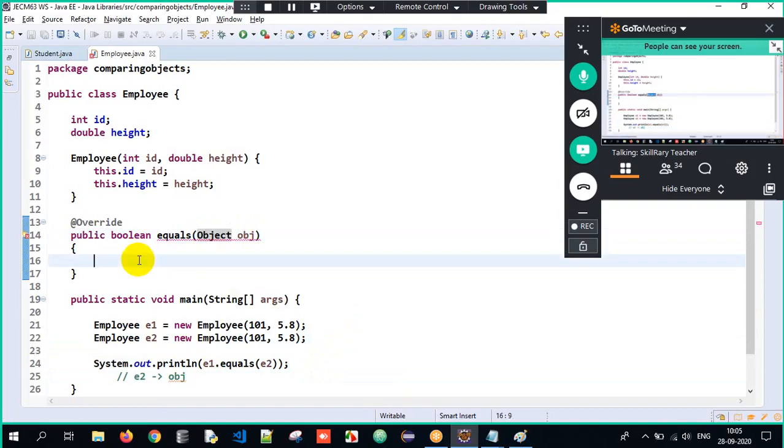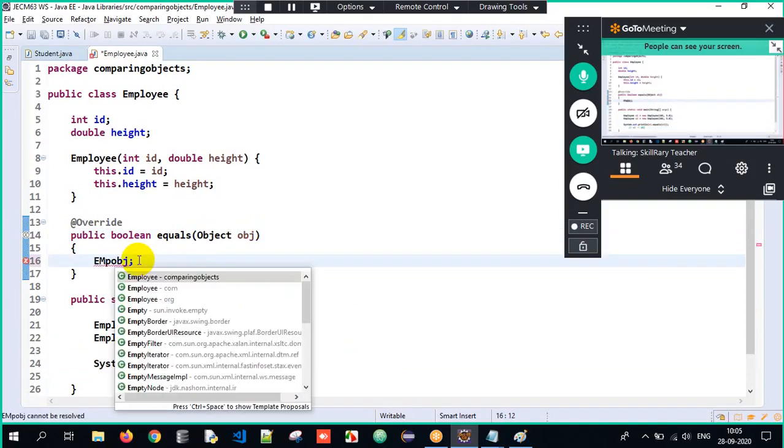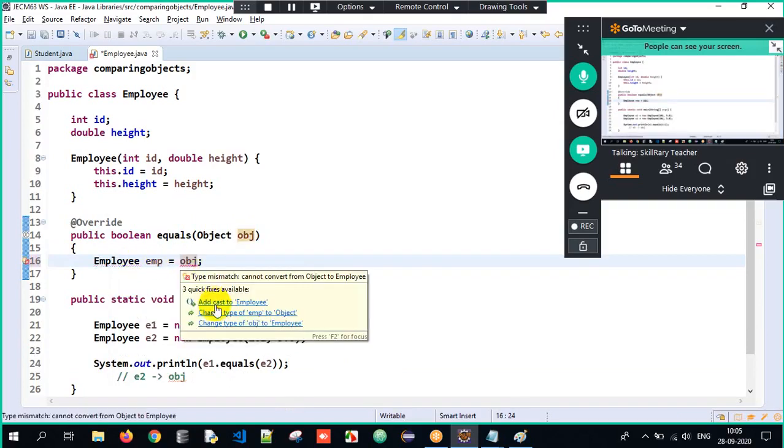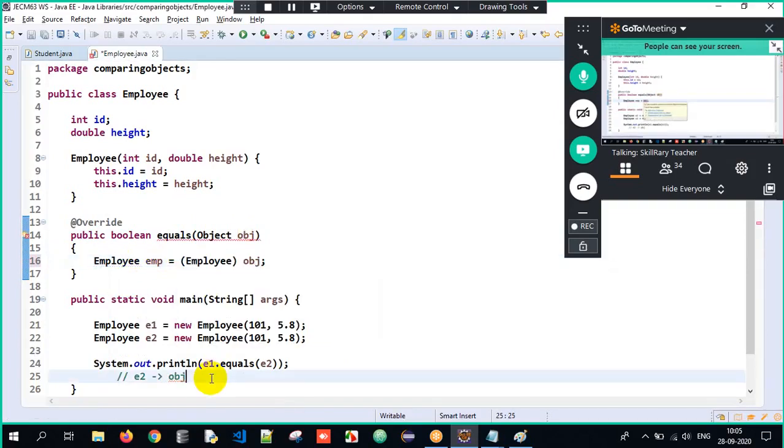Now I need to downcast it. So how? Obj will get converted to Employee type reference emp. But now we have to downcast explicitly. Now E2 was converted to obj, which is upcasted, and again it is downcasted to emp. See, from E2 I upcasted to Object and then downcasted to Employee again.